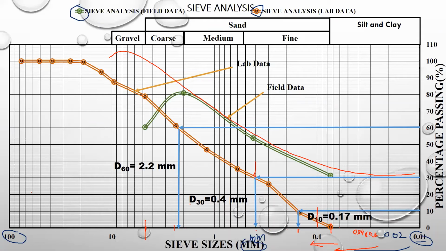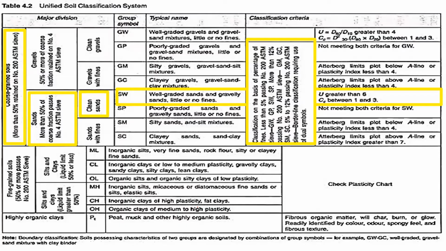But in this category, we had soil with more than 50% retained on the number 200 sieve, and after that we don't have any amount left. So that's why I have selected this one, and I boxed it in yellow. Then I have to select sands or gravel. More than 50% of the coarse fraction passes number 4. More than 50% are passing the number 4 ASTM sieve. Yes, so that's why I selected this one.